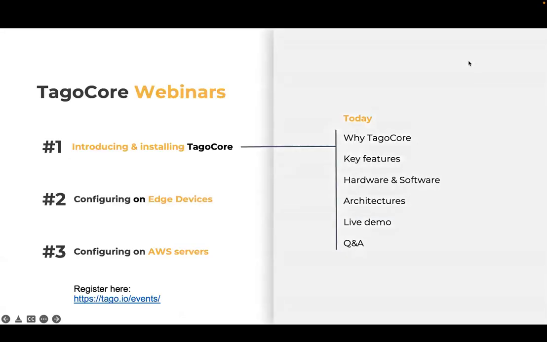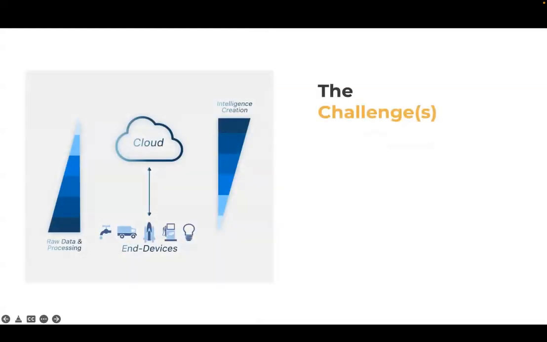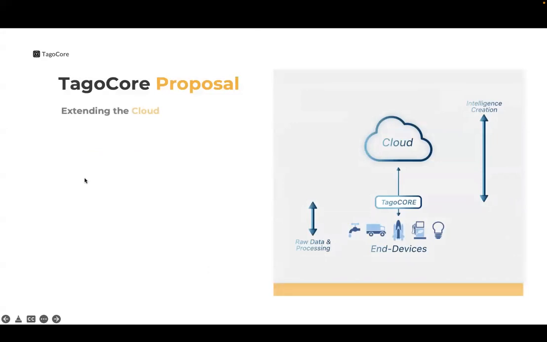All right, so let's take a peek at what we have in scope for the webinar. Today we're going to be talking about the introduction, reviewing the concept of Targo Core, what the key features are, and the different applications we can have using Targo Core. What kind of software and hardware resources do we need? What does Targo Core work with? What kind of architecture do you need? We're also going to be presenting a live demo and Q&A at the end